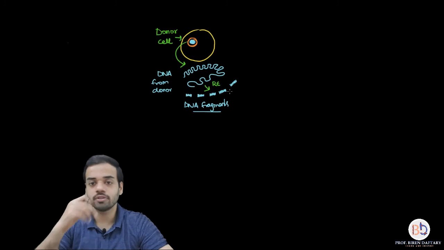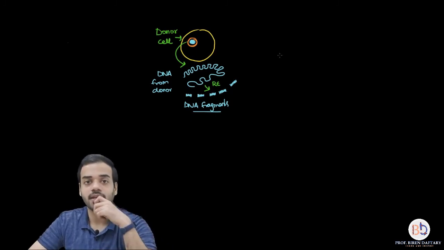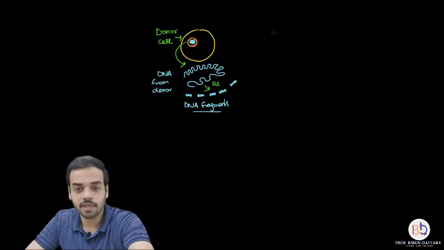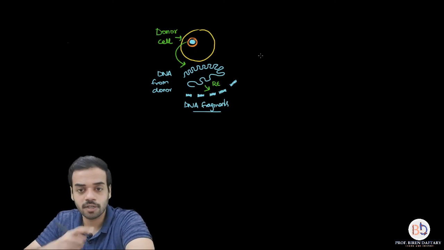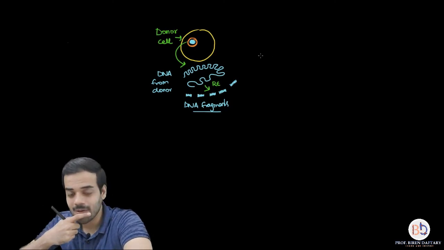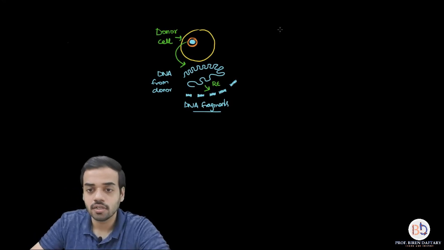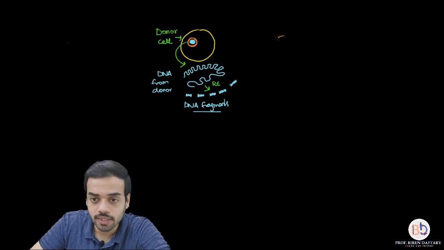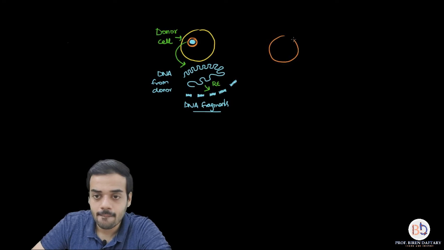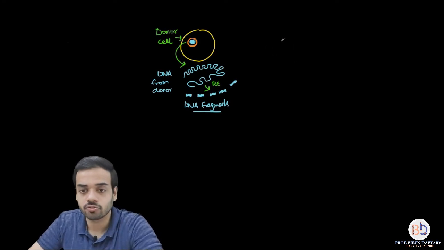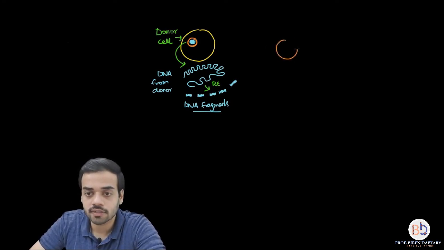So what we are going to do in the next step, I am going to show this plasmid over here. Now the plasmid, what should I do? Should I use a yellow color, or I will show an orange color? I will show an orange color. So over here I am going to show a plasmid. Oh, I should draw a smaller one. This is the plasmid.